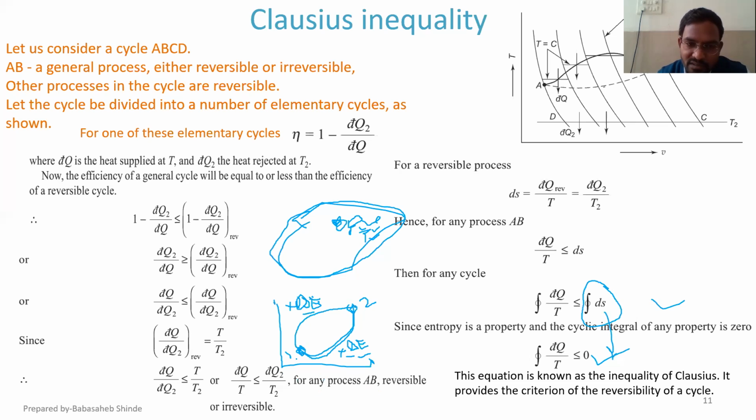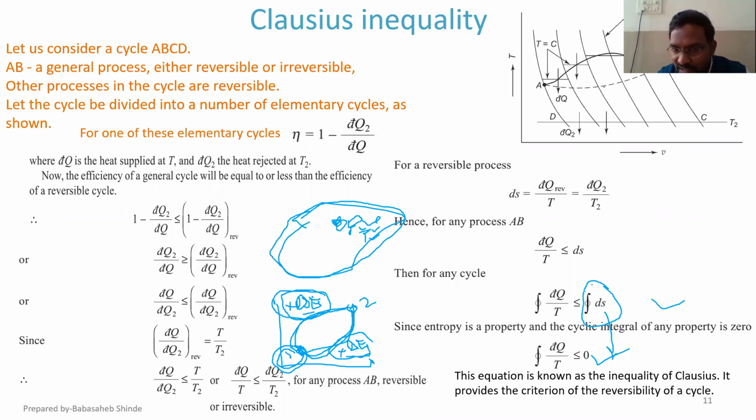Why minus delta E? Because if the system is returning to its original state, it should have its original properties again. Whatever properties the system had before changing to state 2 have to be attained when it returns to state 1. So if during state change 1 to 2 its internal energy increased by some amount, then during the return to the original state that internal energy has to be reduced so that it has the original properties.